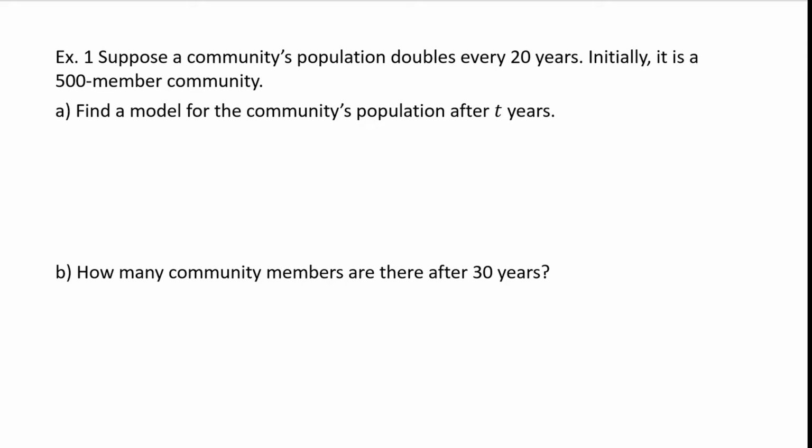Suppose a community's population doubles every 20 years. Initially, it is a 500-member community. Find a model for the community's population after t years. The reading of the problem tells you we are working with a doubling problem because it says doubles. So the formula for doubling using exponents is n of t equals n sub naught 2 to the power of t over a,